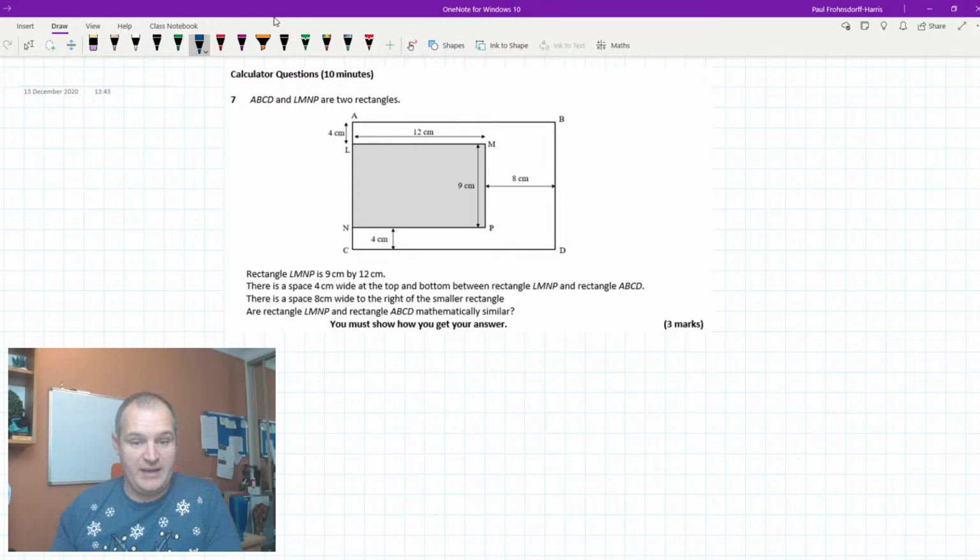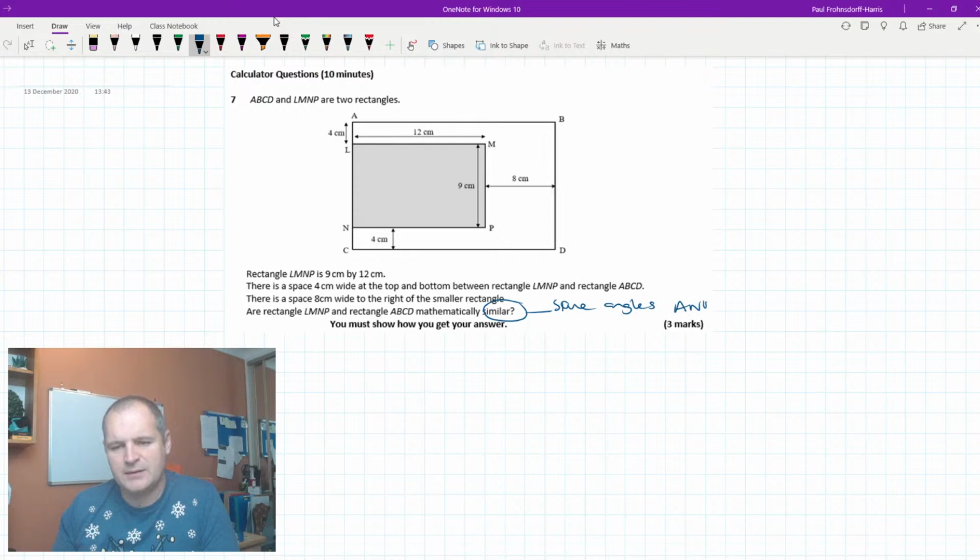It says A, B, C, D, that's the outside bit, and L, M, N, P are two rectangles, that's the inside one. It says there's a 4 centimetre space either side and an 8 centimetre space to the right. Are they mathematically similar? Now, to be similar, we have to have the same angles